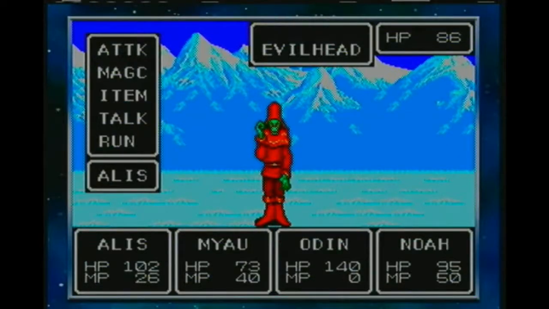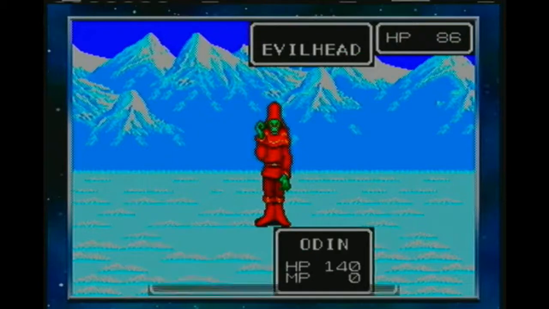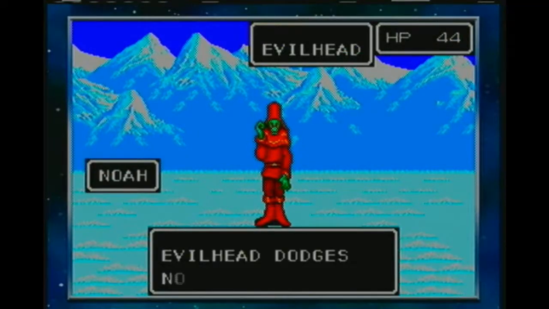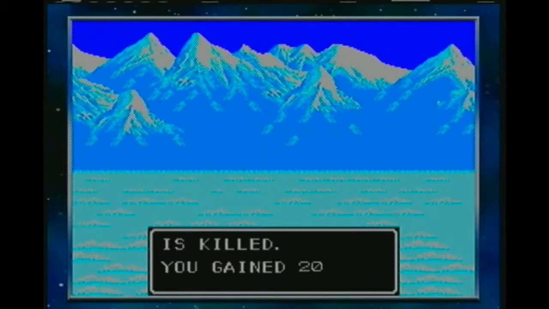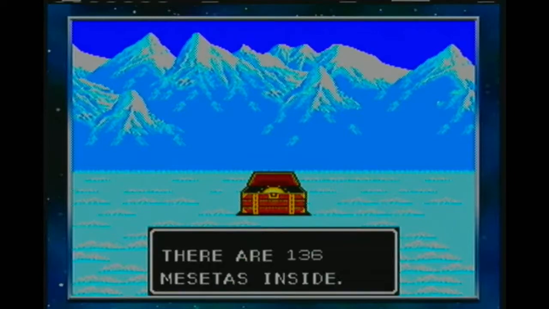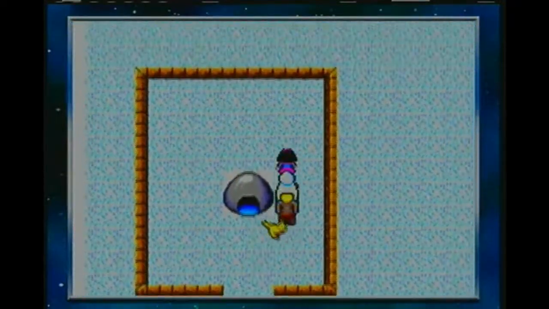Evil Head. Can I talk to him? Well, that answers that question. I'm not sure why we have two different, or three different ways to chat with monsters. Aren't there like two spells we can use? The tele spell and the talk spell, and then there's the chat spell, and then there's the...